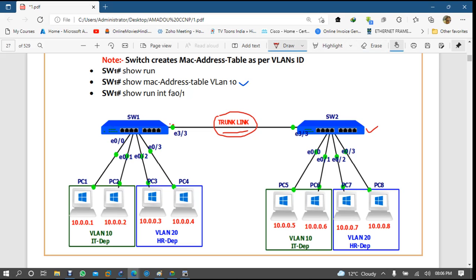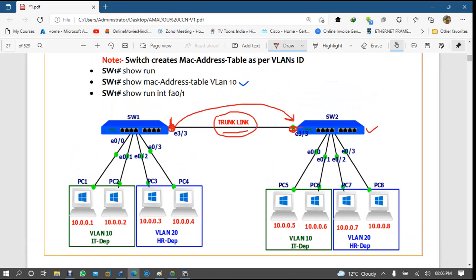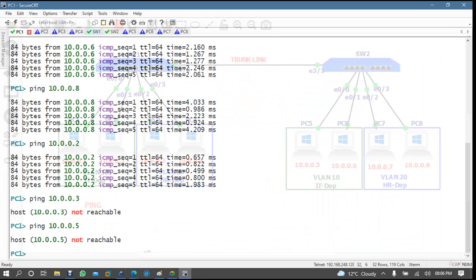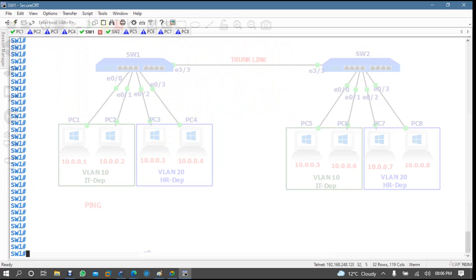if you make this link a trunk, automatically this will negotiate with the other side, and that switch will also make this link a trunk. But before having a trunk, we should verify what this link is right now. So if you come to this switch, switch 1, the interface is E3/3. The first interface E3/3,